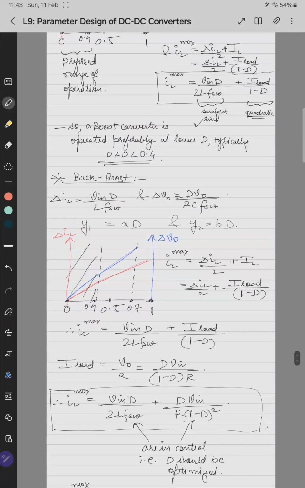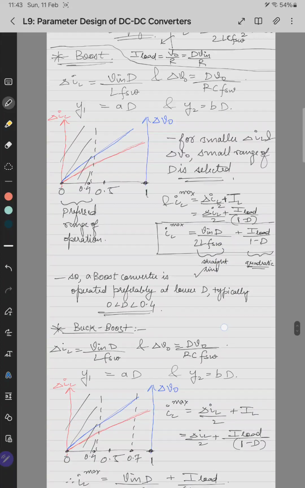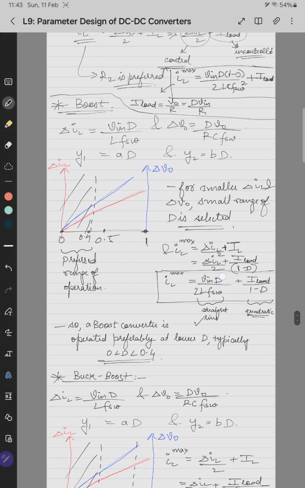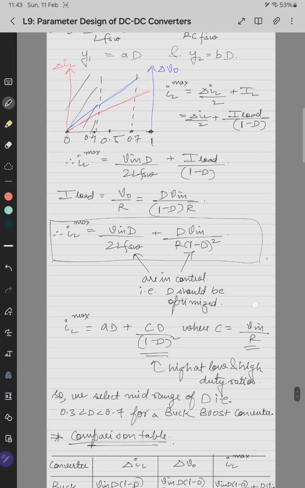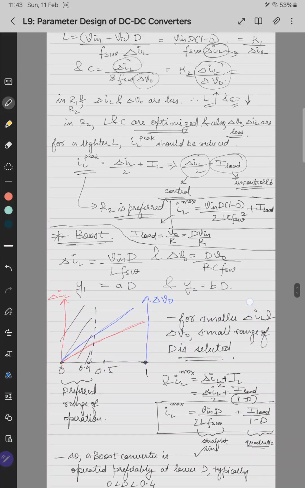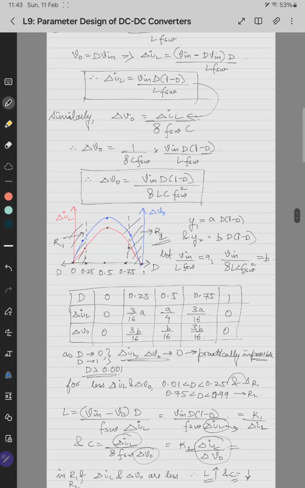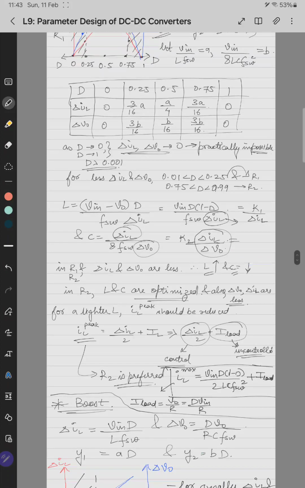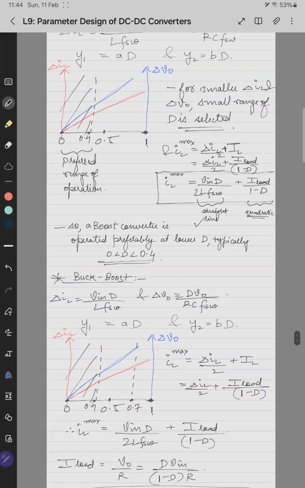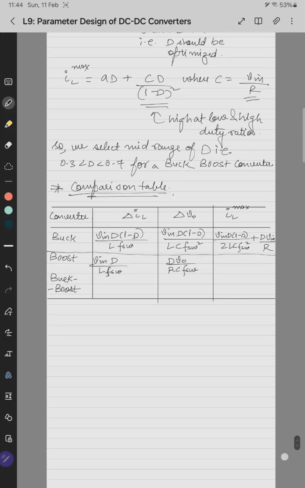For boost converter, V in D by L F switching. And delta V naught is D V naught by RC F switching. I hope it is correct. And for boost converter, the value of IL max is V in D by 2 L F switching plus